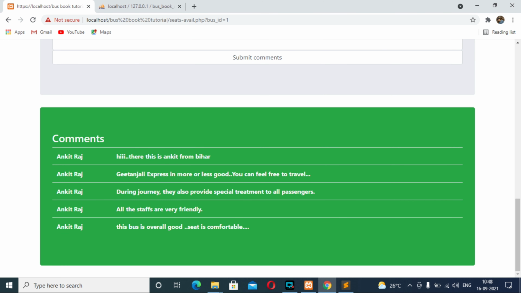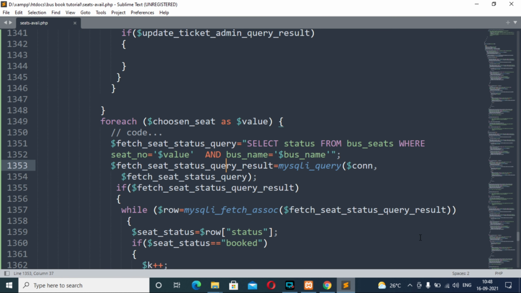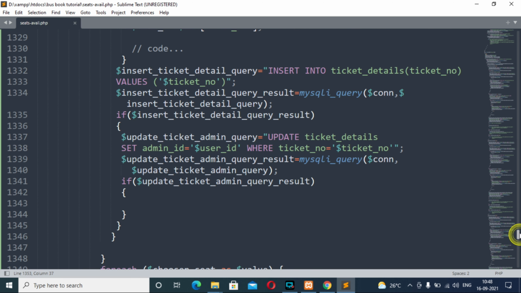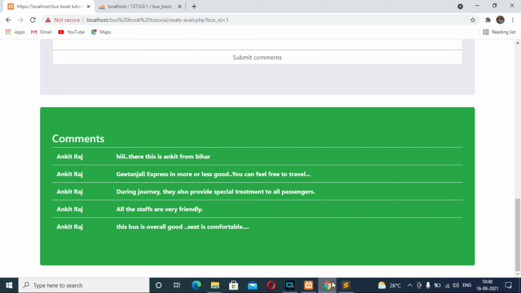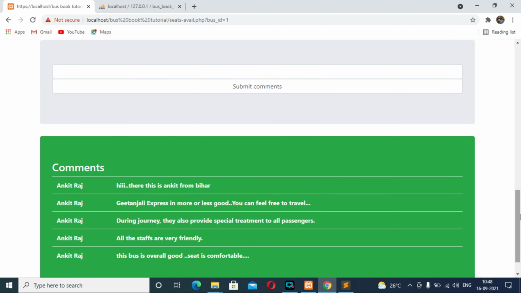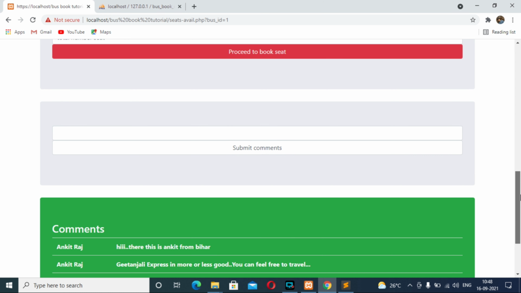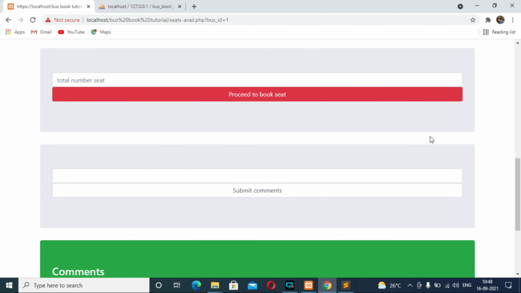So our code is not working here, only because the code that I have provided here, that is the number of total passengers, should be equal to the total number of seats chosen, and we are choosing fewer seats than the total number of passengers, so our code will not work here. Okay, we will see from here in the next video, because time we have already used up, so we will continue the next part in the next video.